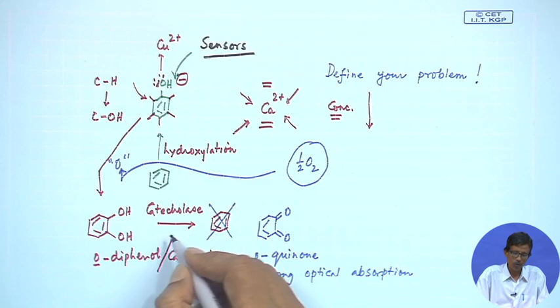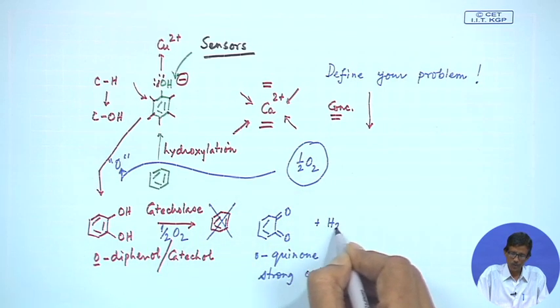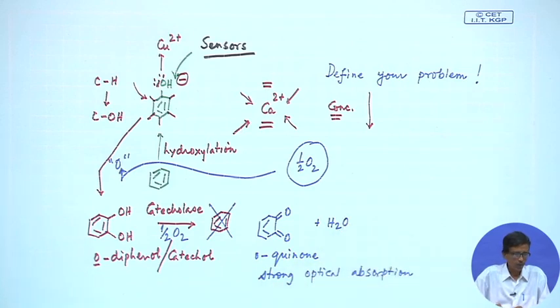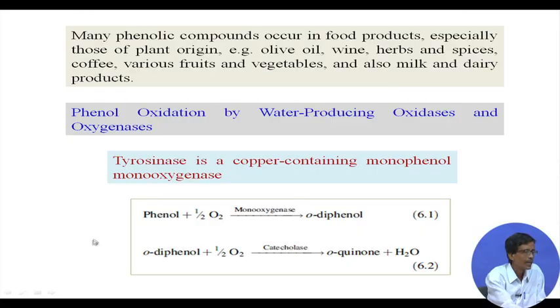So, this H will go. Again half of this O2 can be consumed to give you the corresponding H2O. So, these two reactions can take place one after another. The formation of the diphenol as well as the quinone formation is simply the corresponding electron transfer reaction, two electron transfer of this catechol. Catechol goes first to semiquinone and then semiquinone to this orthoquinone. So, if these two reactions are happening and we have to monitor the corresponding presence of phenol or diphenol in the medium.